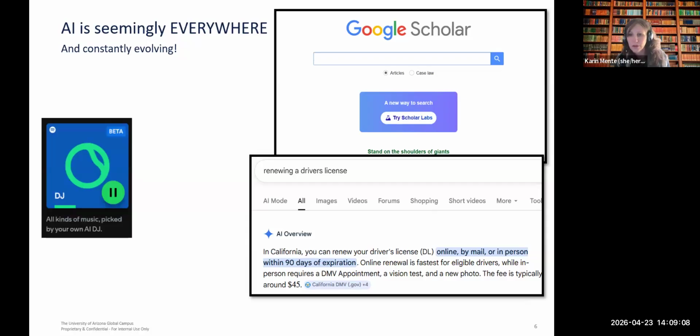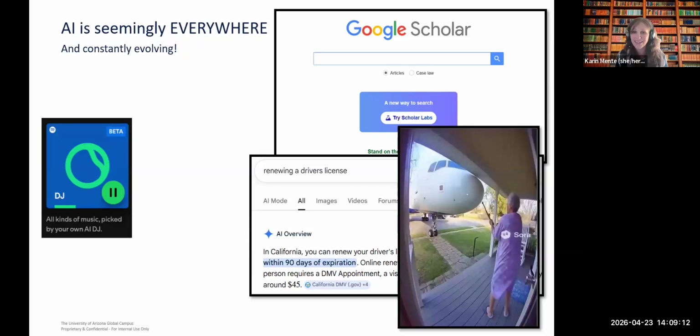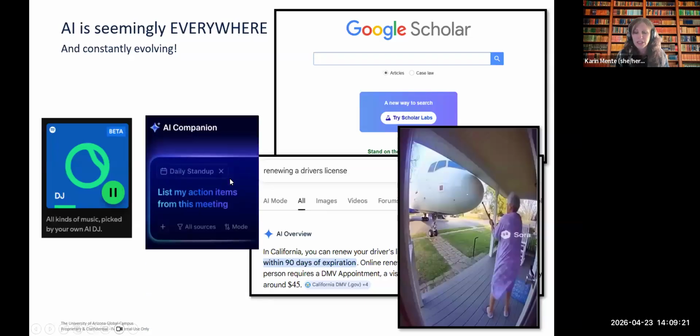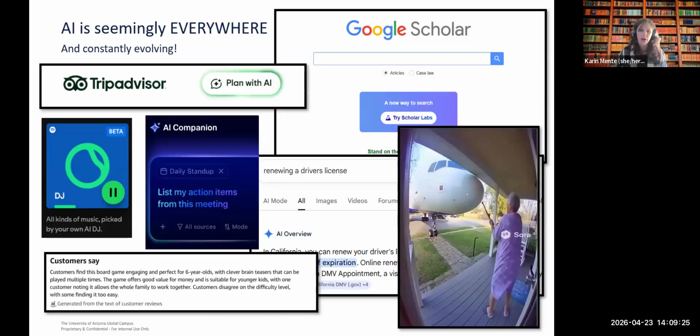It's in your streaming music. You have an AI DJ now. It's in social media. Lots of things you see, and you have to go back and scroll and say, what is going on here? It's productivity tools at work, it's customer service chatbots, and it's more. And it's changing incredibly fast, as we all know.